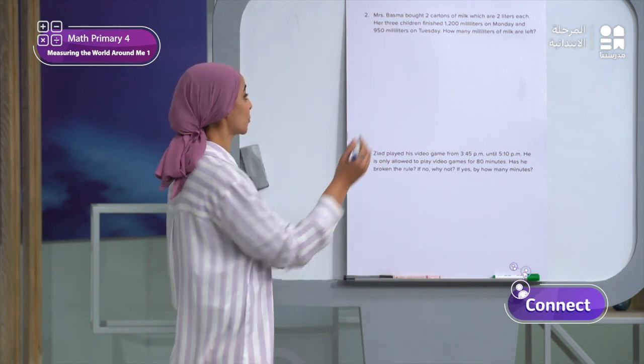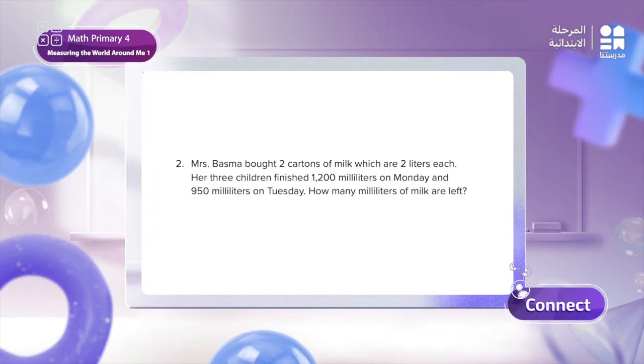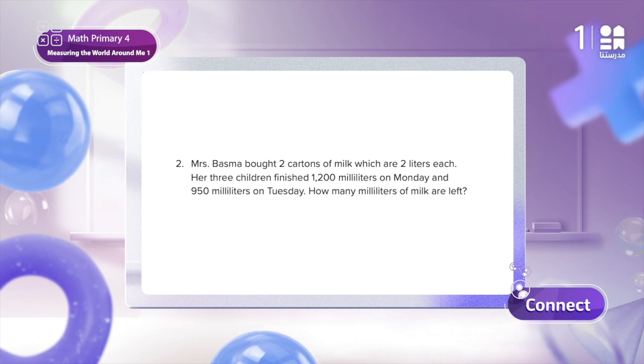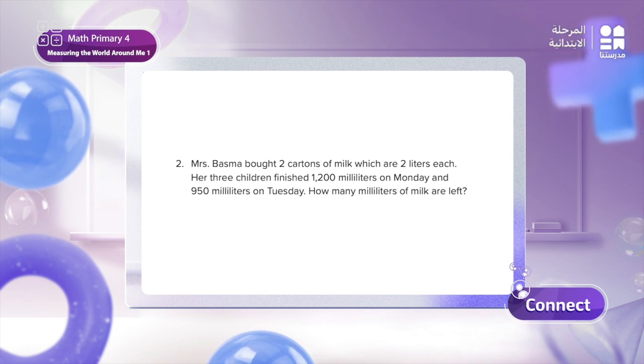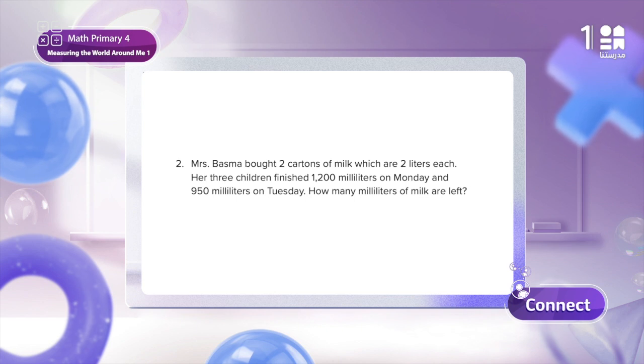In problem number 2, here is problem number 2 as you see. Problem number 2 بتقولي إن ميس بسمة bought 2 cartoons of milk. كل كرتون فيها 2 liters each one. Her 3 children finished 1200 milliliters on Monday وكمان 950 milliliters on Tuesday. السؤال بيقول لي ايه؟ How many milliliters of milk are left؟